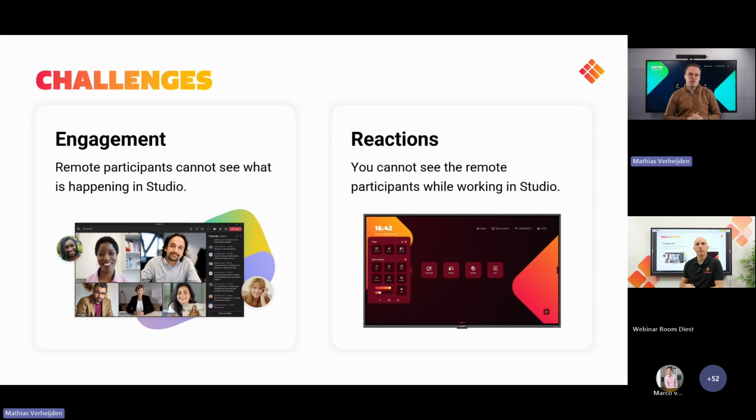Especially not as much as the people in the room are. But secondly, for those people in the room, when we are working within Studio, it's not really possible to see the faces from those same remote participants. And therefore you can't gauge their reactions. And generally it's just much nicer to talk to a face instead of to a blank canvas. And these are exactly the two things that we have addressed with this new integration between Microsoft Teams Rooms and